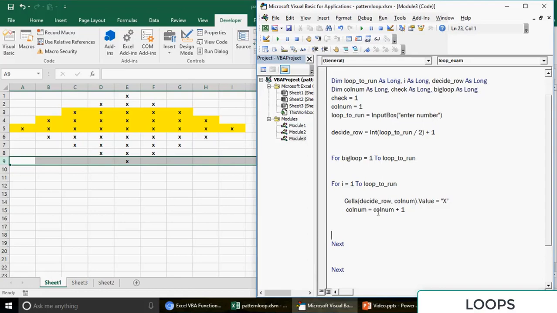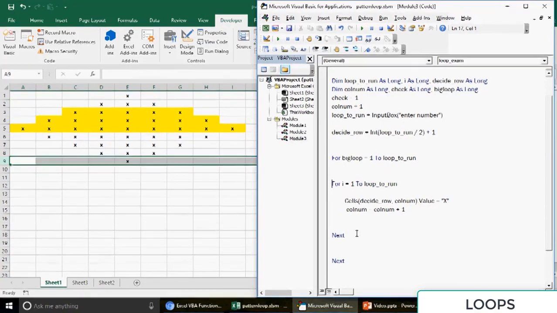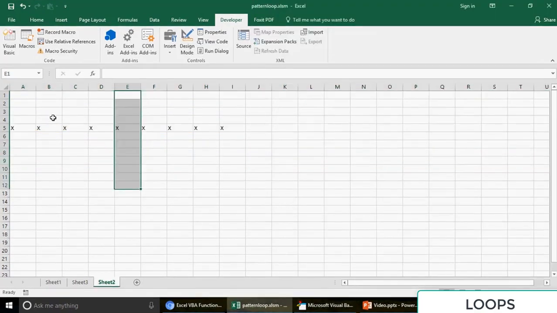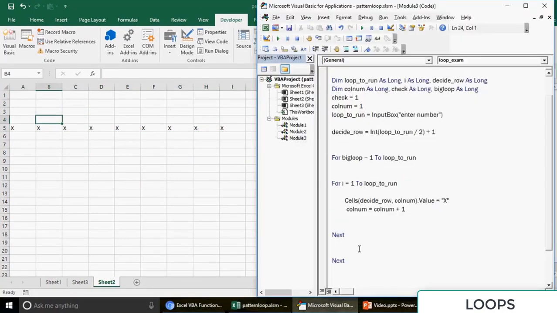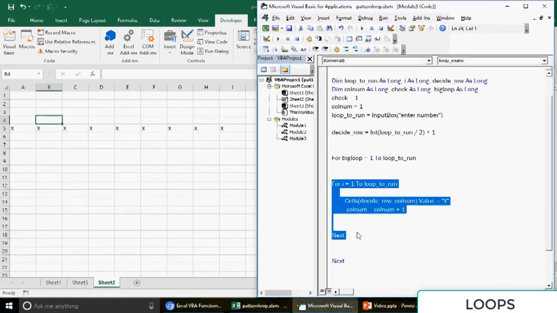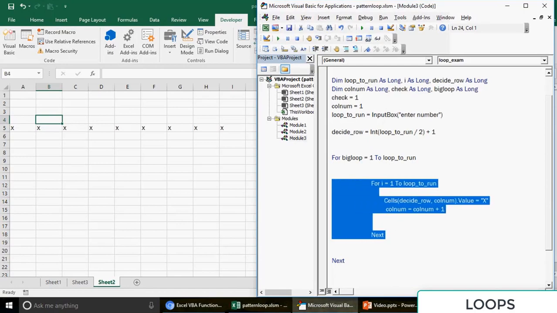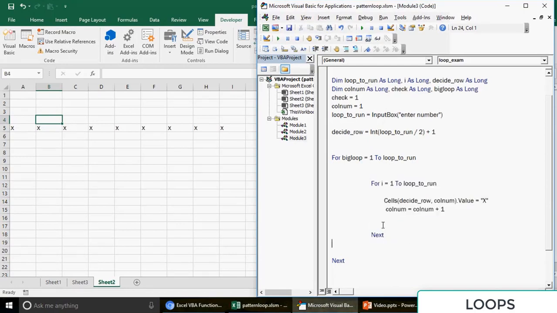Okay. Now the important part is that once you have all these 9 stars printed in the very first loop, which is this, you have to go up. So what I'm going to do after this next, when the turn is for the bigger loop, let's just give some indenting. Yeah, this would look great. Okay, so now what you need to do is you need to,